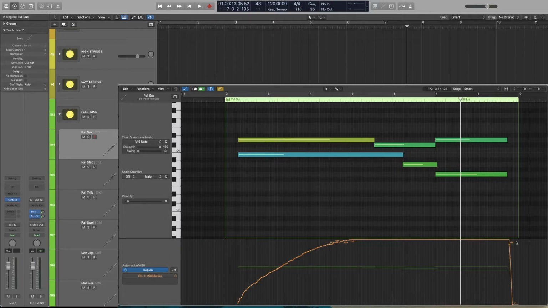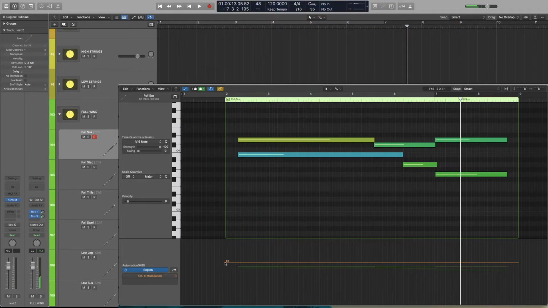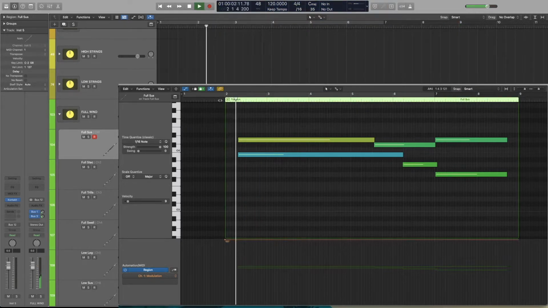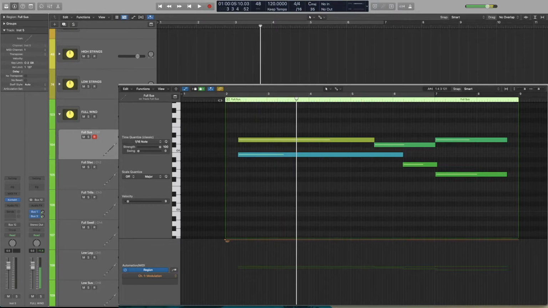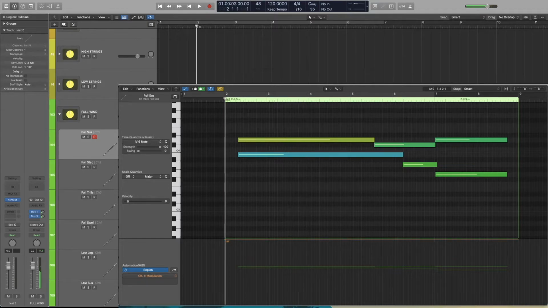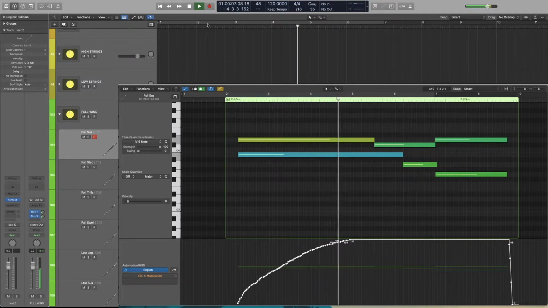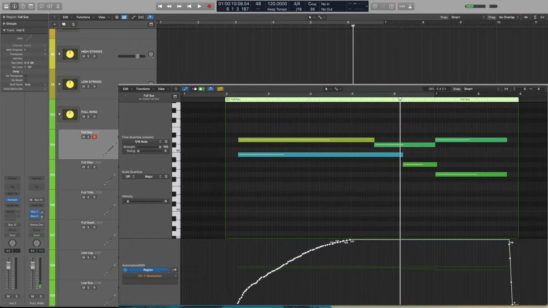So if I take all of my modulation on the full wind and play that. Let's make sure it's max. See, even though those notes don't sound too good together, when I modulated it before, it kind of came in. It kind of blends it in a little bit better, even though they don't sound too good together. So that's what I was really going for there, to show you that you can bring stuff in and take stuff out